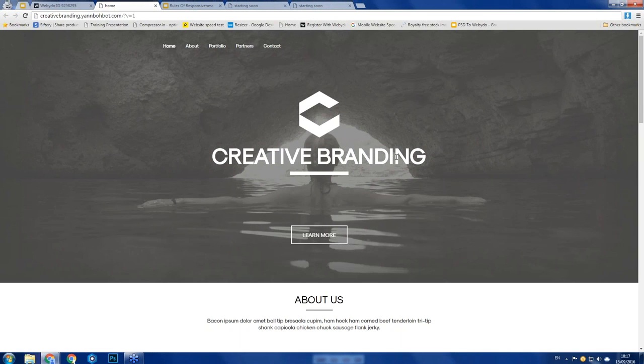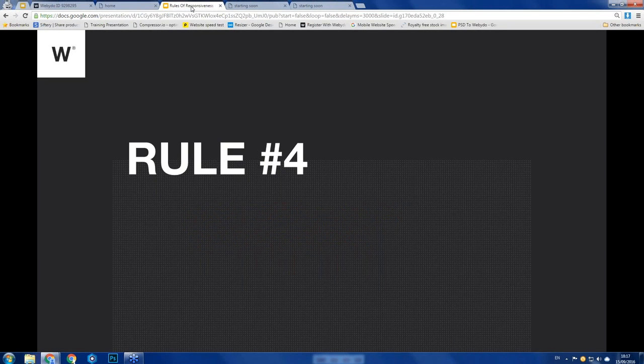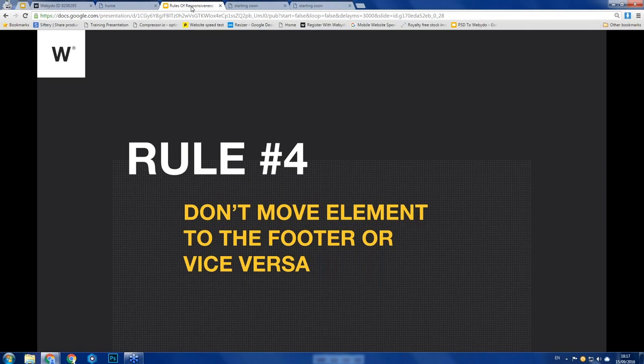Changing the text itself will affect all versions, okay? Adding text or changing the text itself will affect all versions, while changing the style, the design properties of the text, will not affect the previous versions. So this is rule number 3. Rule number 4, do not move elements to the footer, or do not move elements from the footer